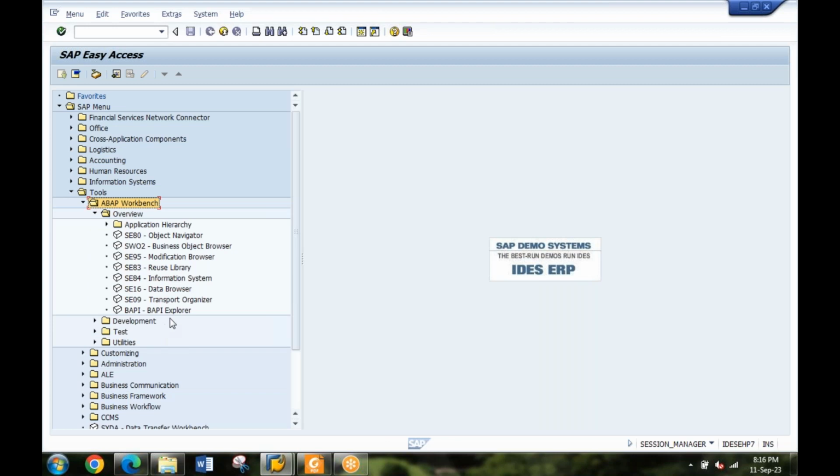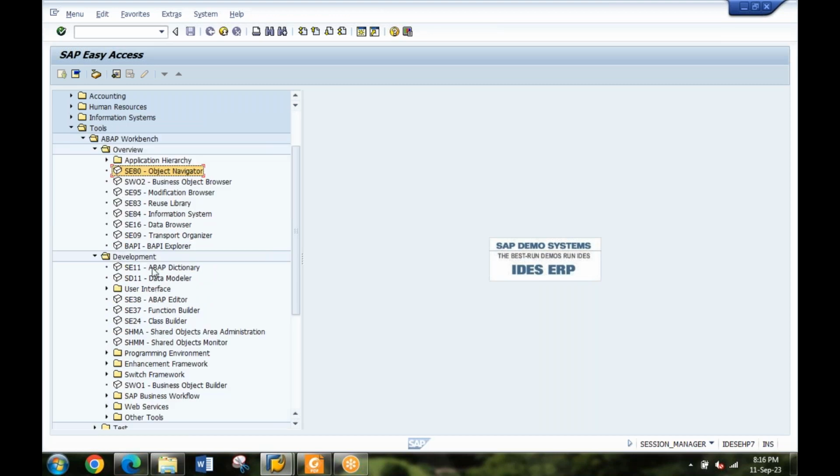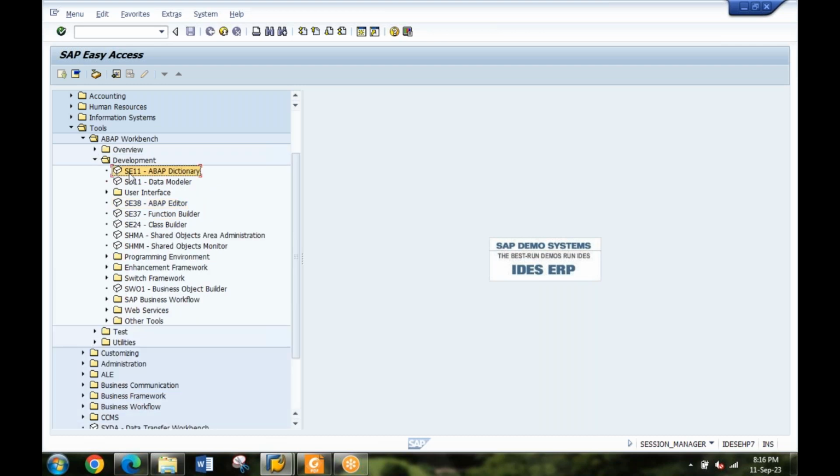And along with it, you'll find some code written next to every option. This is known as a T code, transaction code, right? Like here I can see ABAP Dictionary, next to ABAP Dictionary it says 11, ABAP Editor is 38, I think. What is it called? T code, transaction code. So either I can drill down this menu and click on it.